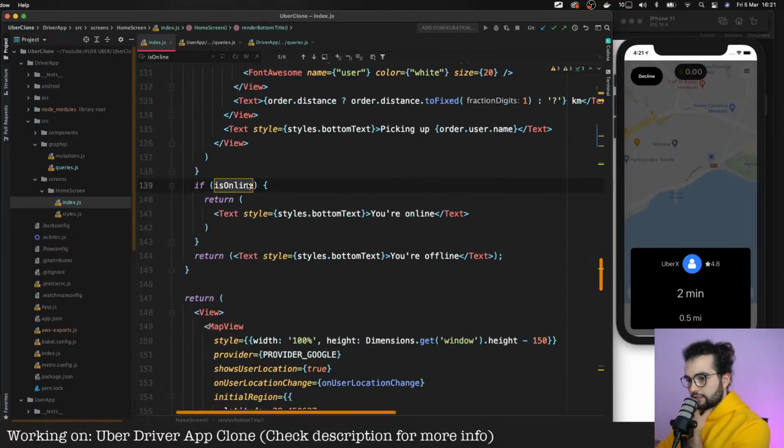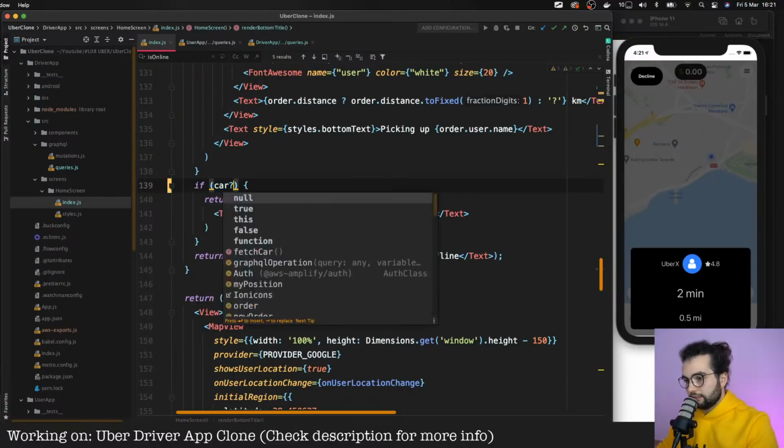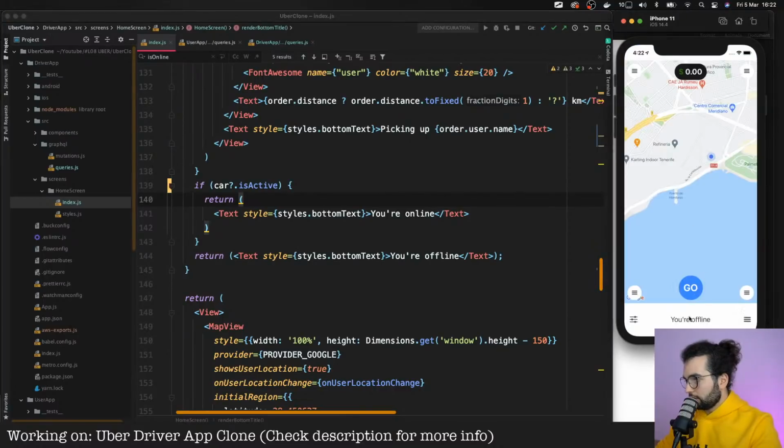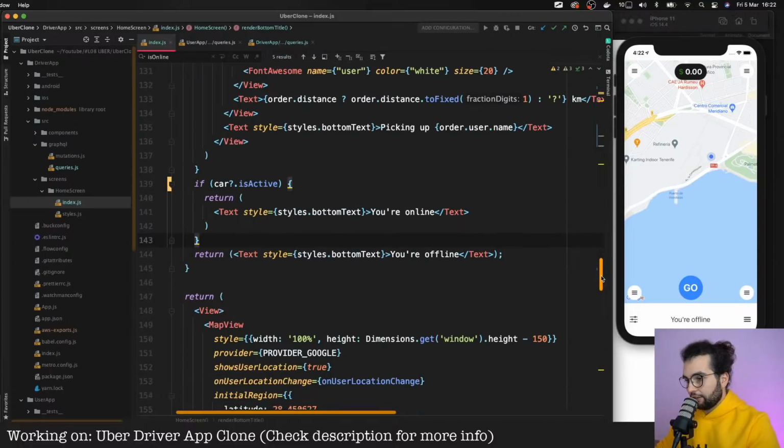Where else? Oh, here. So if isOnline, we show you're online. If not, you're offline. So here we'll say if car.isActive, then we will show you're online. Let's save. Let's decline this order, and it says you're offline. Okay, let's assume that it works and move on with updating the car.